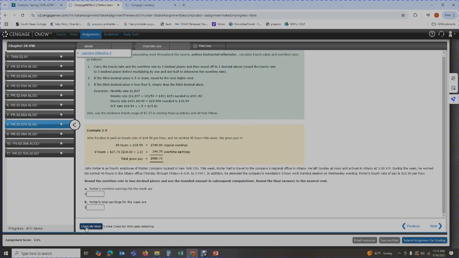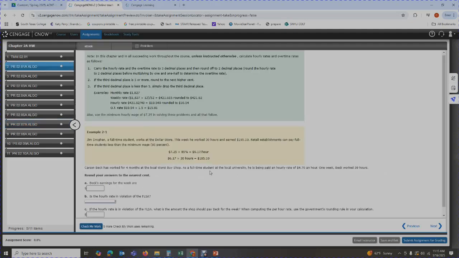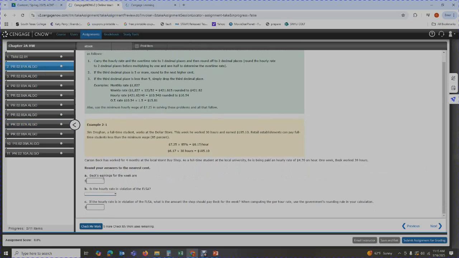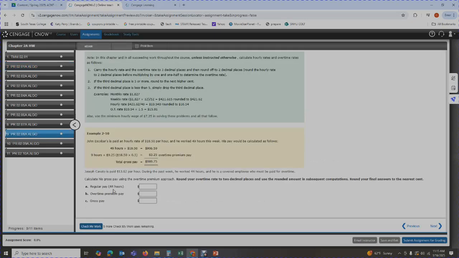Okay. Now, if you look down here, you have check my work. Okay. So you have 5 tries in this particular assignment per problem to attempt to complete the assignment. Okay. So make sure that you complete all this. 5 check my works per problem. Okay. Once you finish up your 5 check my works, whatever you have there stays, and that is what is graded. Okay. So you're just going to complete them, review the information, read the problem, be very careful with the